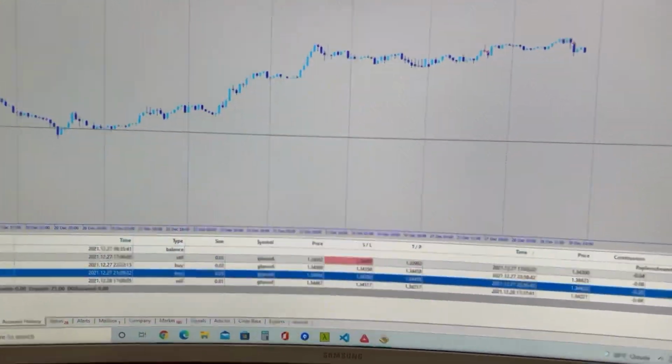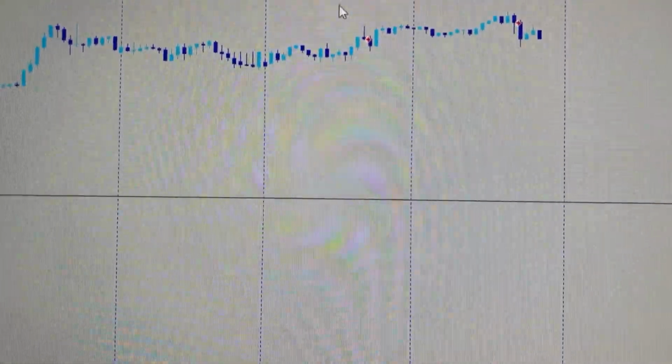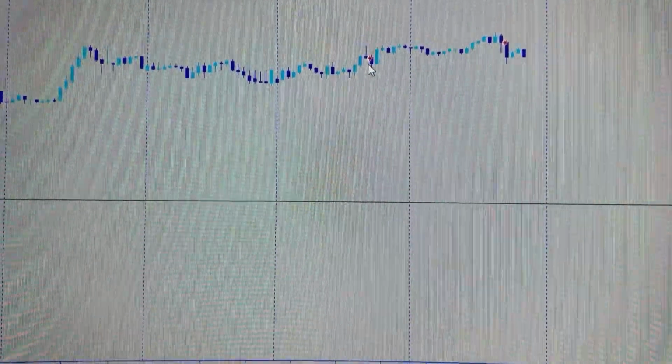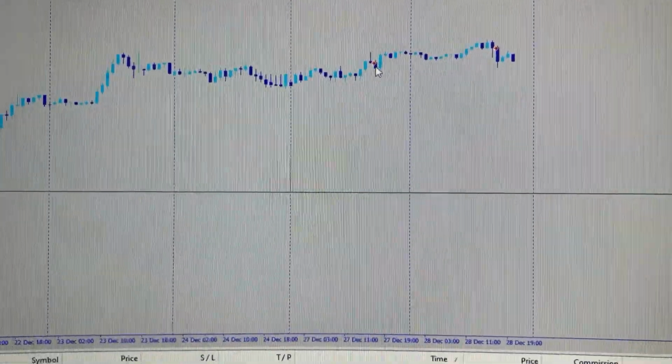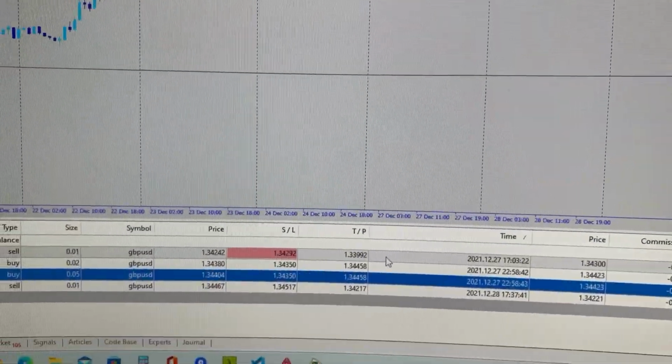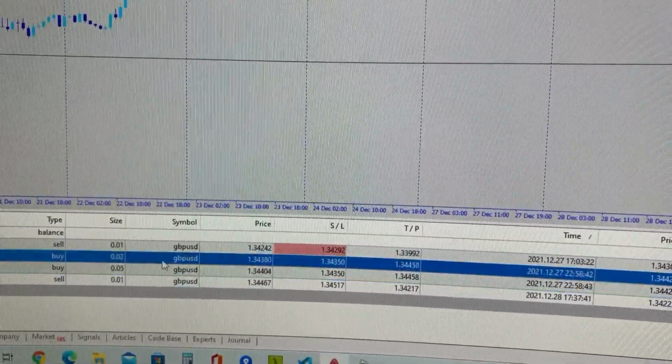All right, guys, here's the Expert Advisor. As you can see, this is the first trade. This is the second trade. This trade right here was today. This trade was yesterday. Now, the first trade, as you can see here, these two trades are manual trades that